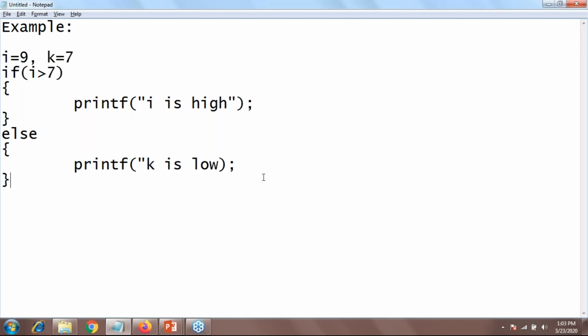How can you identify the unreachable code out of this given example? Okay, the else part is the unreachable part. The else part is not going to be executed. Yes, Nishant.